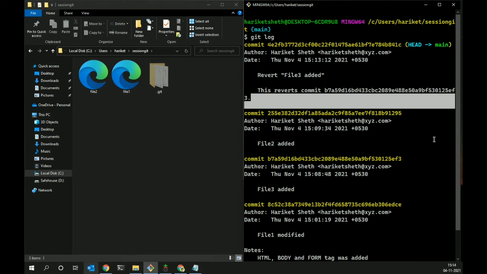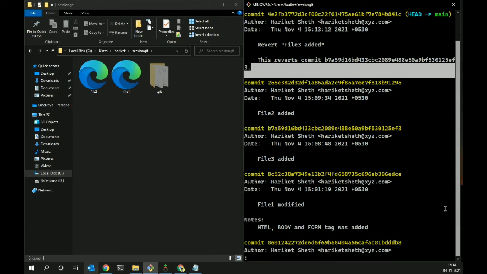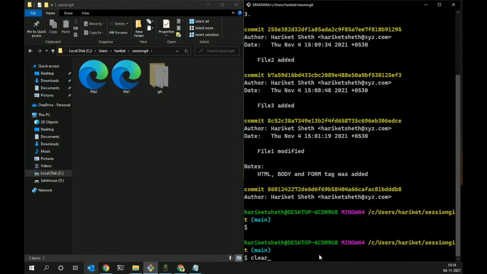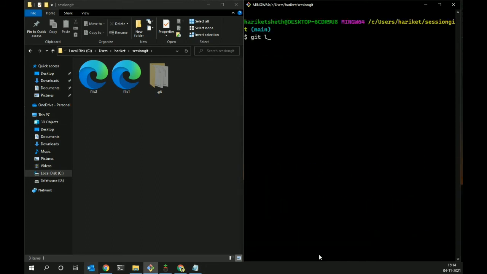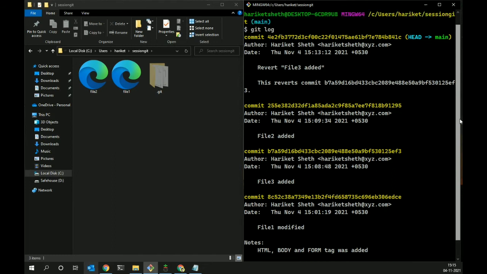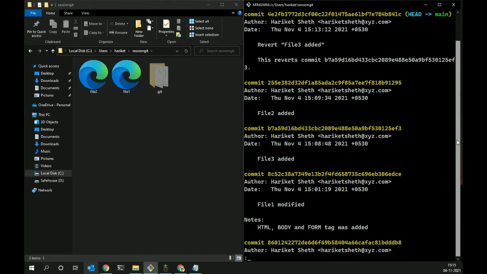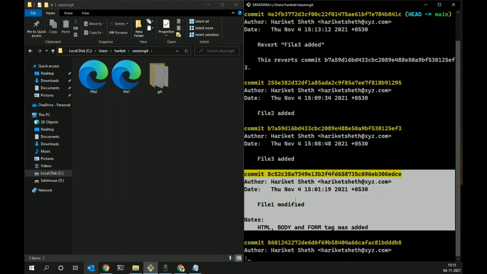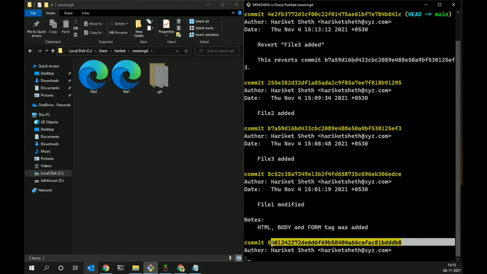So now what you should understand is the difference between git reset and this, how it works differently from this thing. So again I have to run git log. We also covered one thing, which is that each and every commit is built on another commit. That is one of the concepts I told you in the previous video. So consider an example where I want to remove this particular commit. I can't remove it from between. You have to return to a version which is below that.